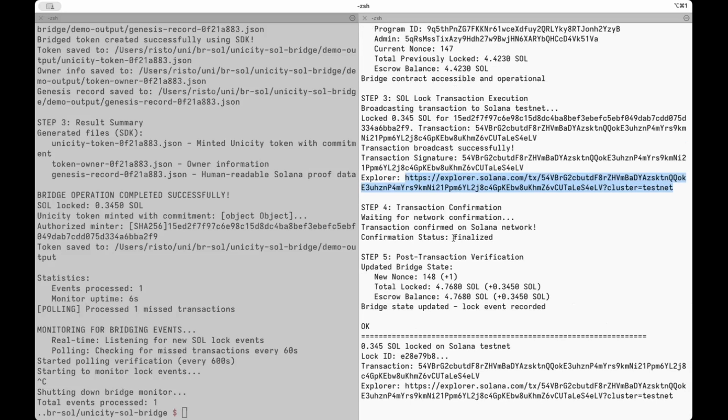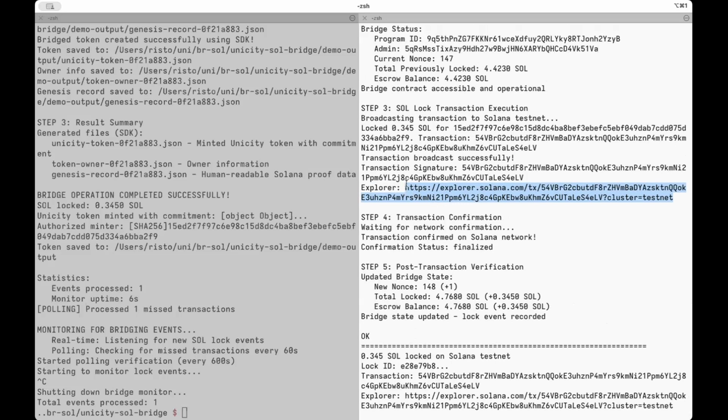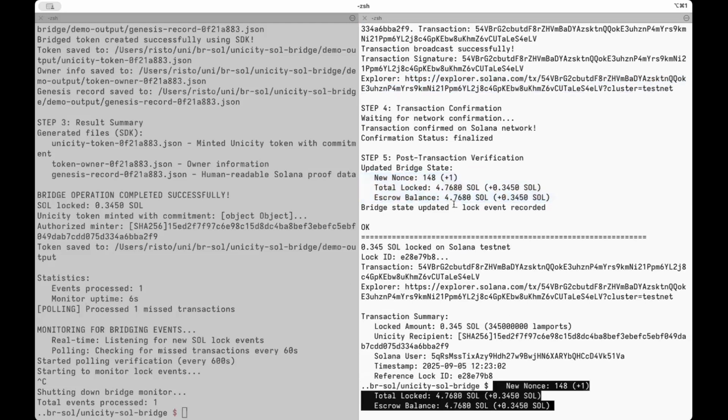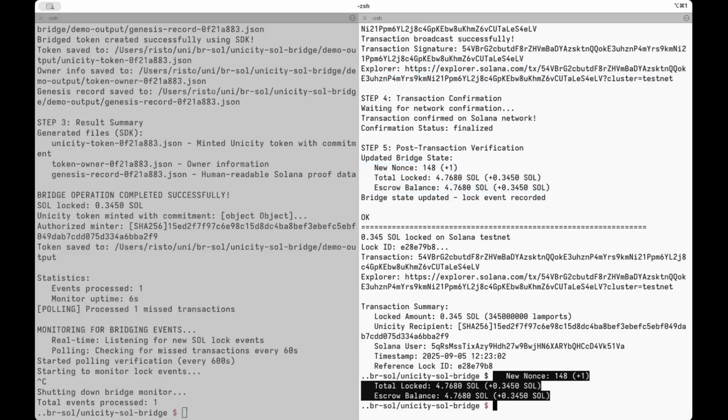And yeah, we can see this is a URL for a block explorer. We can see the transaction at the Solana side. And this is the parsed contract state after the locking event. Nonce is increased, the locked sum is increased, and escrow balance is the same. Isn't it the case that Unicity, in order to post a Unicity transaction, you have to provide an authenticator, which is